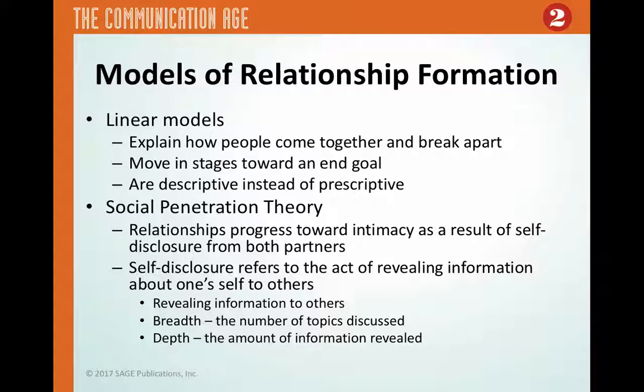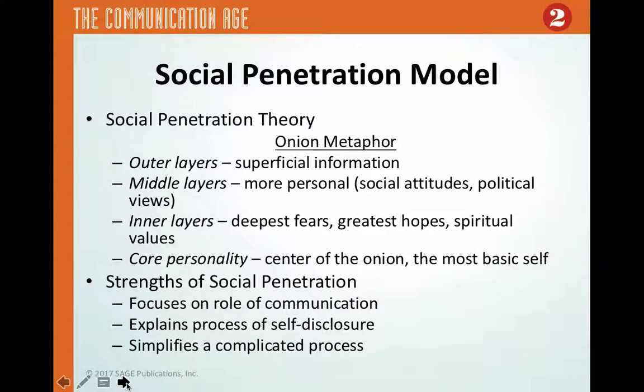But the depth would be like if you focus on family and you go from, oh, well, this is each one of my family members, this is each one of their names, this is their hobbies, this is what they like to do, these are some deep dark secrets about my family, these are some problems that I have with my family members. Now you're focusing specifically on one topic and you're going deeper into that topic. So breadth is the number of topics discussed, and the depth refers to the amount of information revealed for each one of those topics. If we combine those two things, this is really what social penetration theory gets at: how we reveal that information in terms of breadth and depth and how relationships are formed based on it.